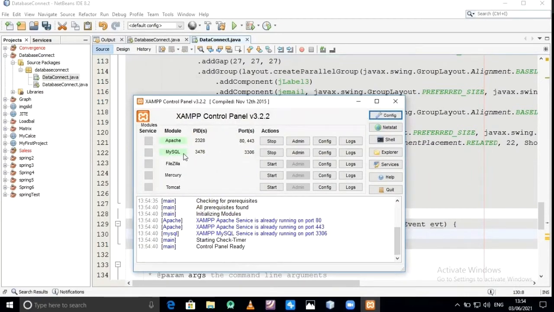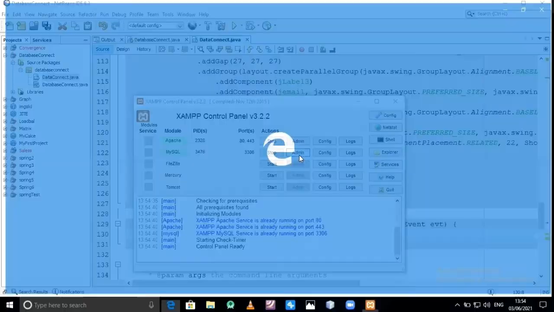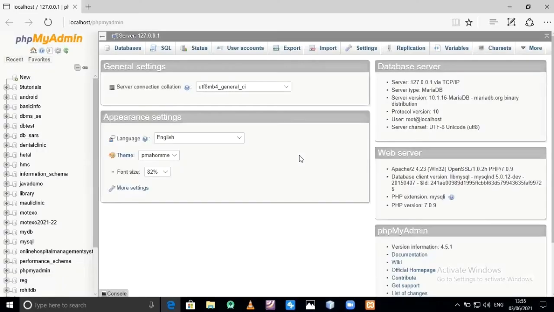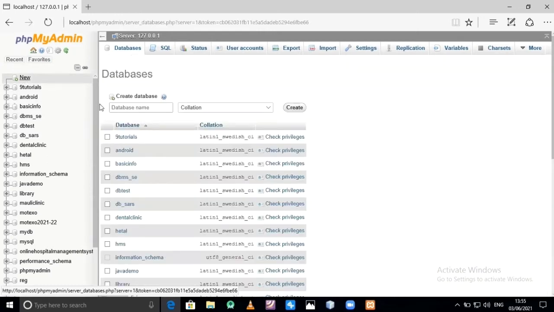In front of this MySQL, here the stop, because this action is already started, and here the admin section. Click on this admin. It will open this window. Click on this new.